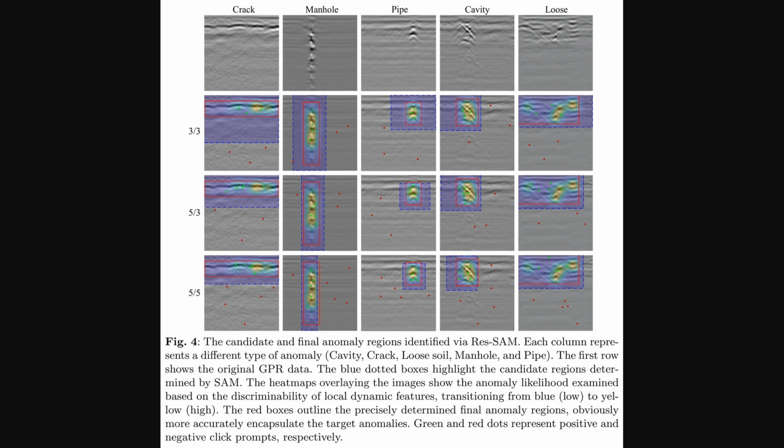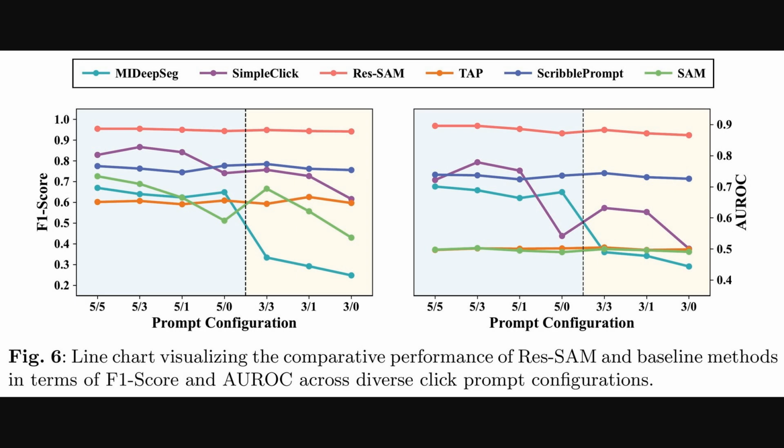reservoir-enhanced segment anything model. Alright, so after seeing those visual examples of how the reservoir-enhanced segment anything model refines the anomaly regions, this gives us a quantitative look at its performance compared to other methods. These line charts show two key metrics. On the left, we have the F1 score, which is a common metric in machine learning that balances how precise the model is with how many of the actual anomalies it finds. And on the right, there's the area under the ROC curve, often called AUROC. This measures how well the model can distinguish between an anomaly and a non-anomaly across different sensitivity